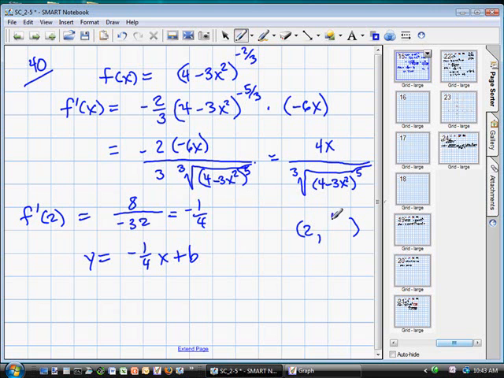Did you follow? Okay, that's a reason why negative exponents aren't the best. When you get all done, what does the negative part of the negative exponent mean? When you get all done, divide it into 1. So I got a 4, so I had to write 1/4. So now, plug the point in and solve for b. Negative 2/4, which is negative 1/2. So isn't b 3/4? So therefore,